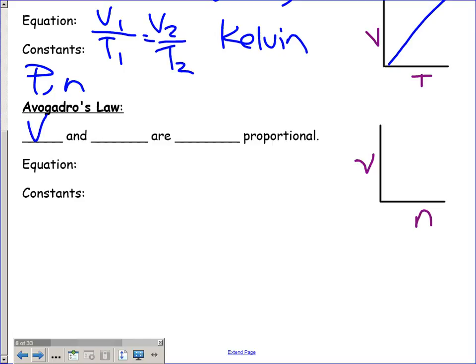Volume and moles. I know it's on my graph already. According to my graph, I have moles on the x and volume on the y. So just give me that relationship in one sentence. An increase in moles would cause an increase in volume, assuming what stays constant? Okay, so pressure and temperature. So the equation is,